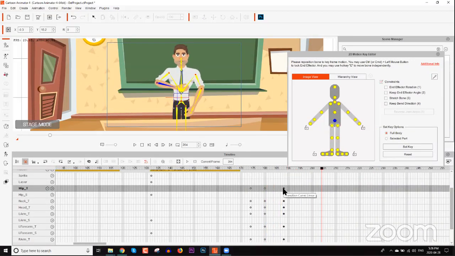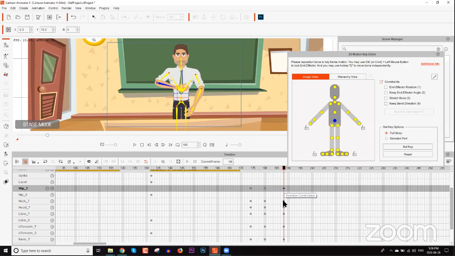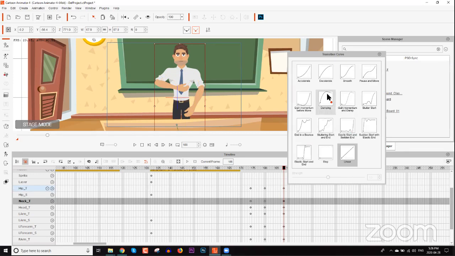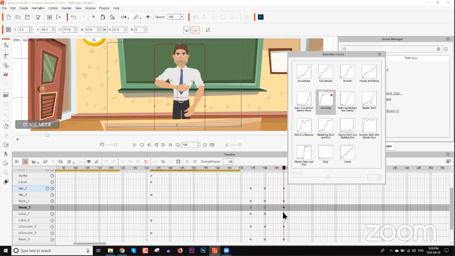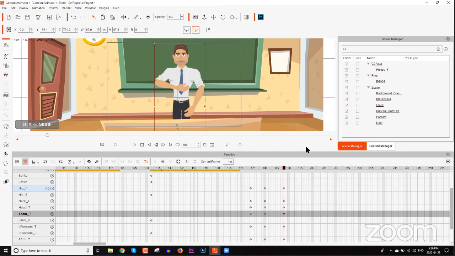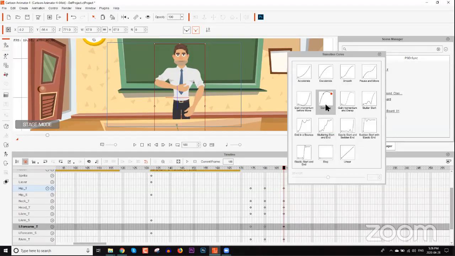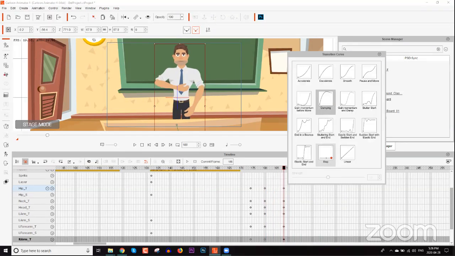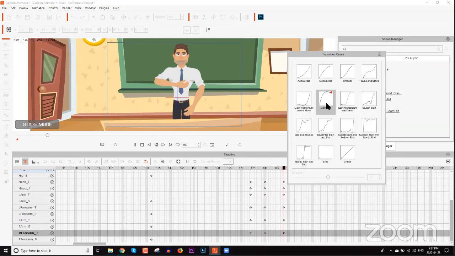Or what else you can do is right click on each individual keyframe and change to a transition curve. So for the character's neck, I'm going to right click on that and select transition curve. We're going to use a damping transition curve, and we're going to do the same thing for the head. I'll show you what that is in just a sec. We're going to use damping transition curve for all the different body parts. If you want to know more about transition curves, I'd be happy to help you out with that. But basically what a transition curve does is it makes your animation a little bit more dynamic between